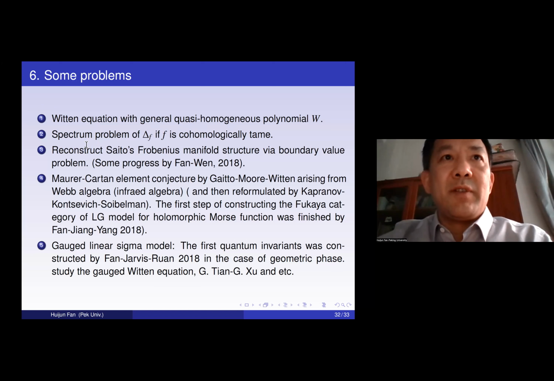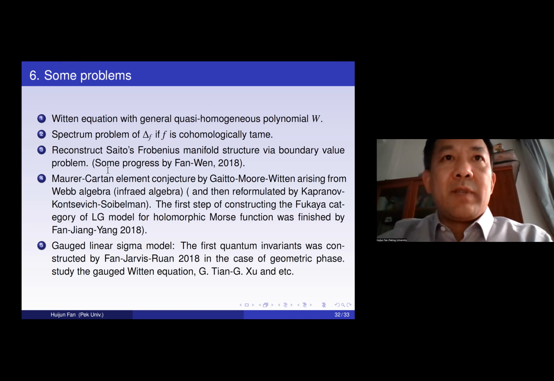So the second question is also very important. The problem is, if F is homologically tame, what is the spectrum behavior of delta F? Is zero a discrete spectrum of delta F? This is very interesting because it has a potential application to the study of topological insulators in physics, and also